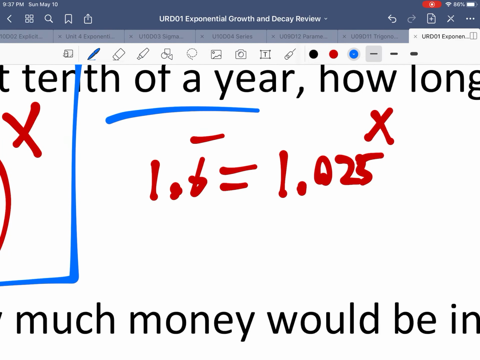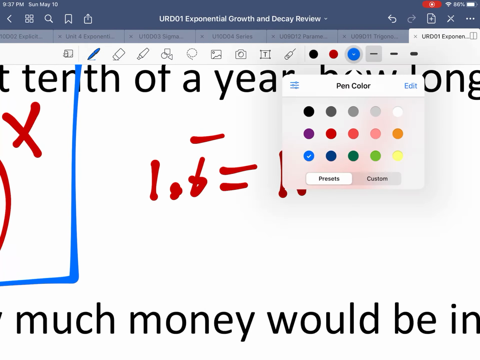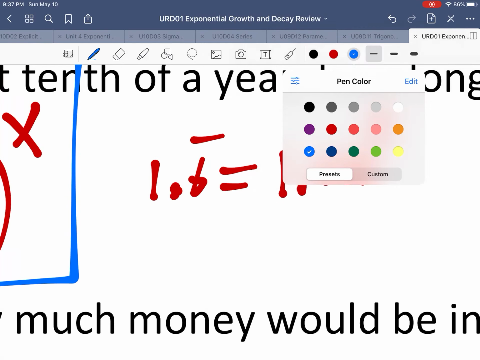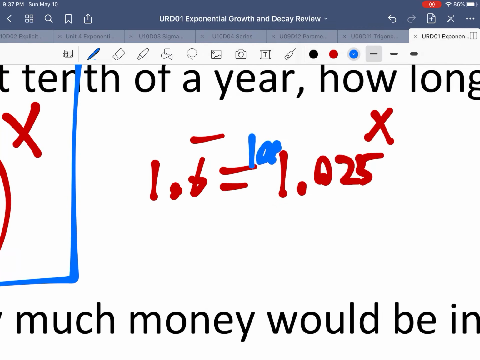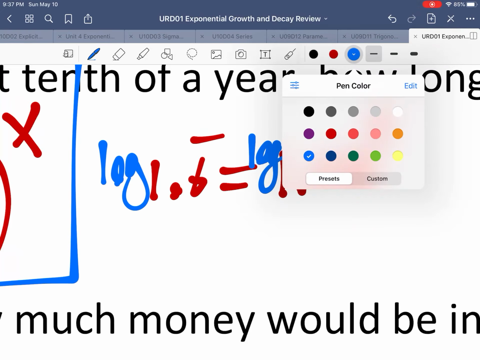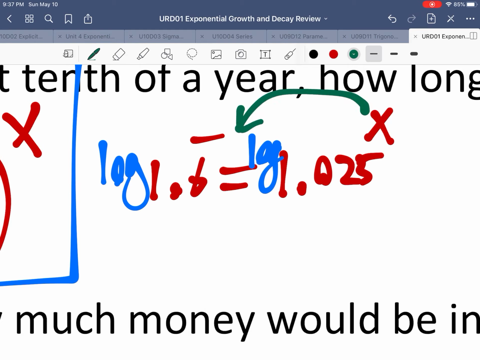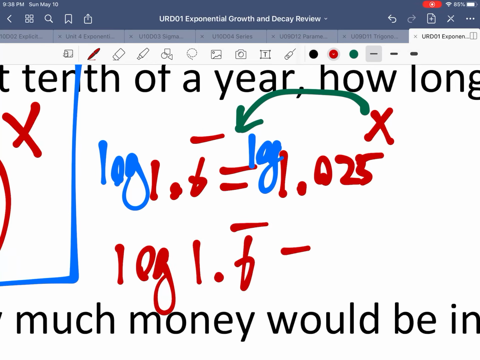So we can do a logarithm. Now I'm going to show you the way it is done on Delta Math, because I taught it differently in the classroom. We can put a log on both sides of these problems. So we're going to put log here. This is log base 10. We can do ln, we can do any log base, it doesn't really matter. And then there's a log rule that says we can take an exponent and bring it down in front as a coefficient. So we're going to rewrite this as log of 1.6 repeating equals